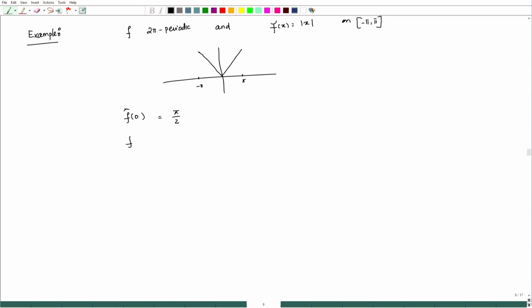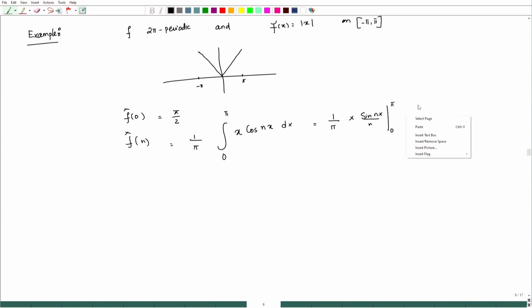And f hat of n is equal to 1 by pi integral 0 to pi, then this is an even function, so I can write it in terms of cos n x dx, which is equal to 1 by pi. We have computed this, and then this will get twice the derivative. Okay, let us compute it for this. So, this is sin n x by n from 0 to pi,